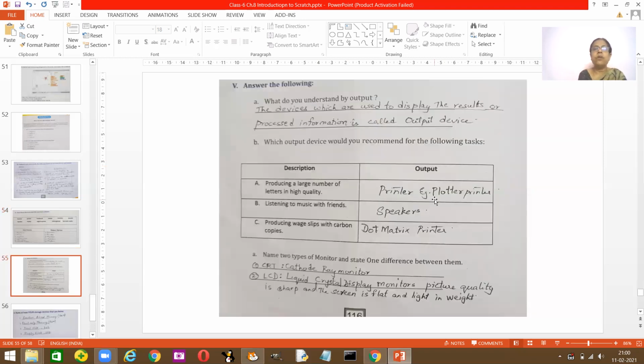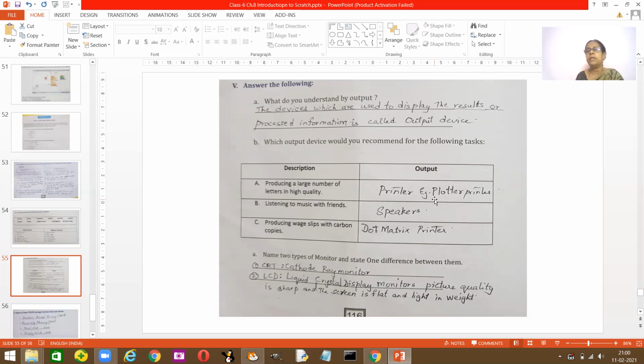Next one, answer the following. What do you understand by output? The device which is used to display the results or process information is called output. Please write this answer. All the devices that you are using to display the results, whatever results, you